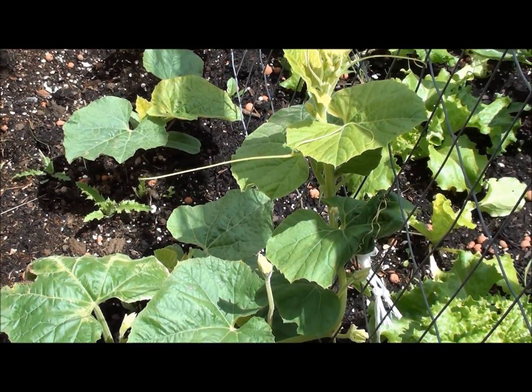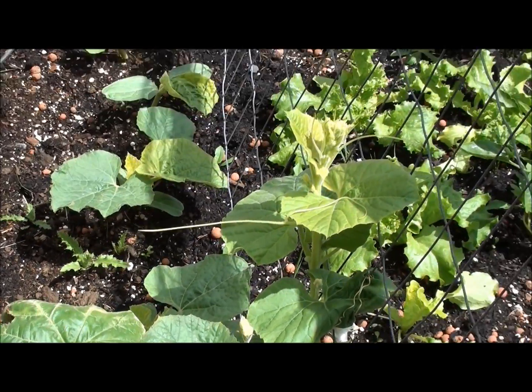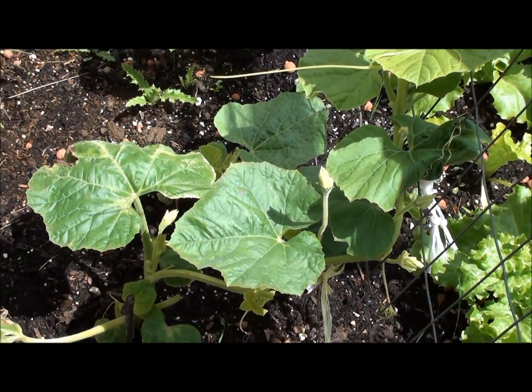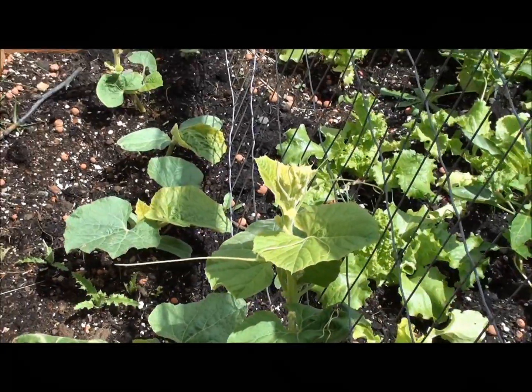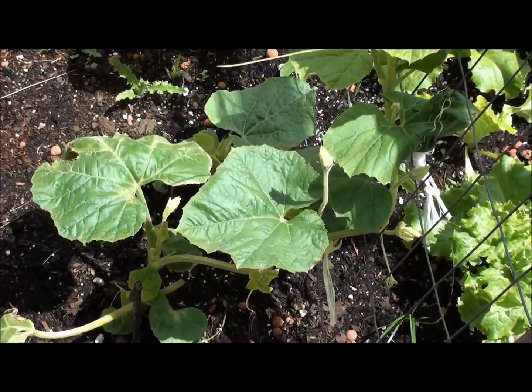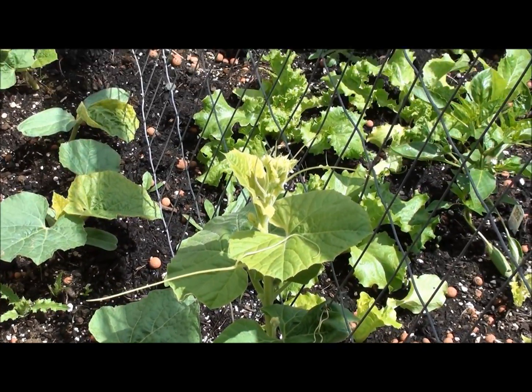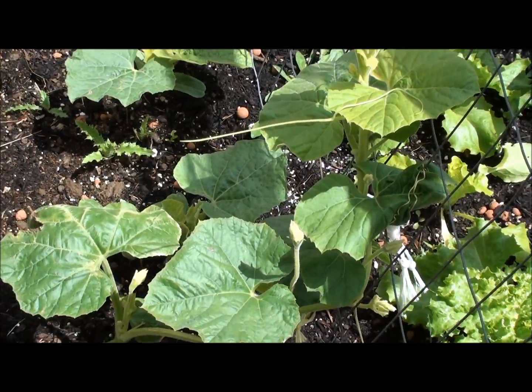Same time we put the peppers in, a day later, everything frosted, so it kind of messed them up. And being they were in a greenhouse, now they're already flowering because our weather has turned cold. So they think it's fall time and time to do their thing. Some of these are going to put out squash really quick here, but the ones we started from